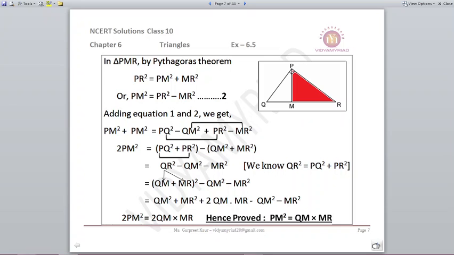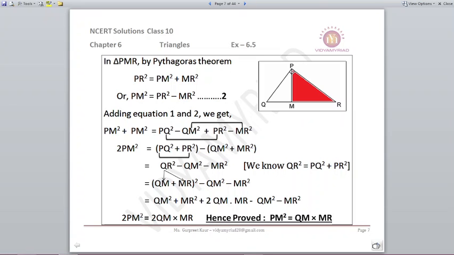Now we will regroup this as PQ square plus PR square. Now minus can be taken outside, and in the bracket we can write QM square plus MR square if you want. Then what is PQ square plus PR square? It is QR square. We already know that. So we will write it as QR square minus of QM square minus MR square. Now what is QR? If you look at the figure, your QR is made up of QM and MR. So we will rewrite it and we will break it as QM plus MR the whole square